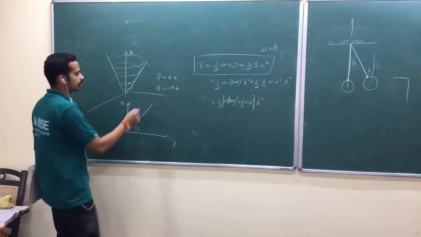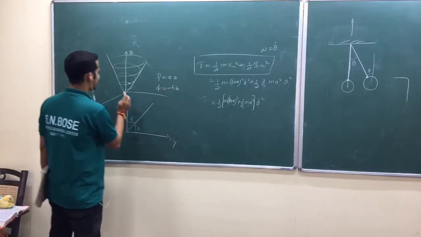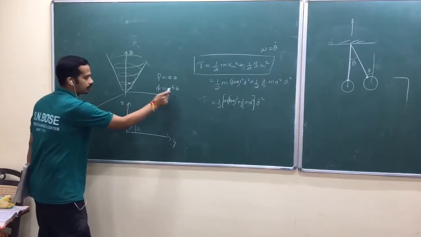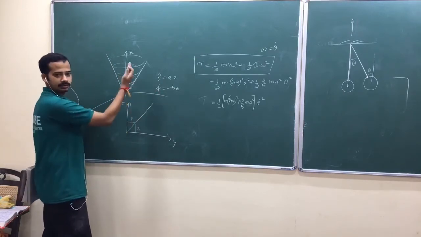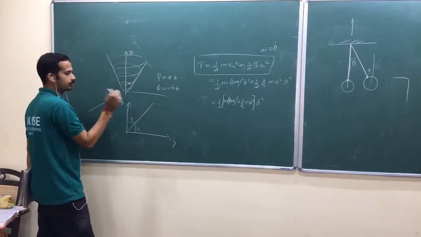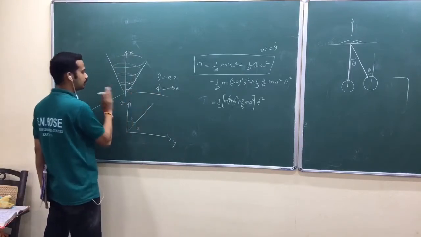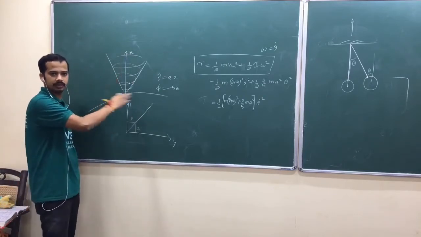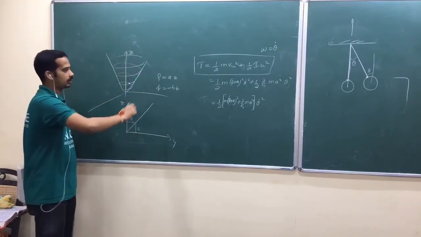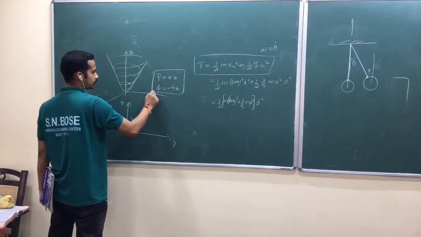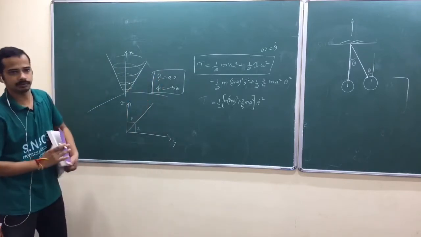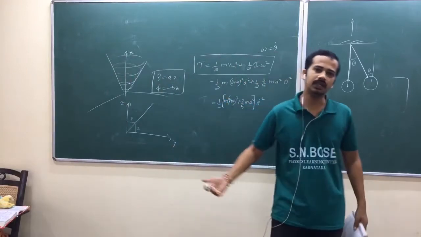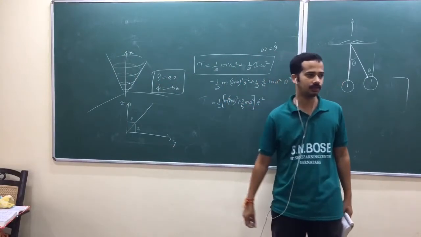So again, phi is equal to minus B into z. So when z changes, phi also changes. Minus B into z, so it will change like this. When z increases, phi will rotate. Okay, that is the equation of a spiral. Try to understand this one, how this becomes the equation of a spiral. Now you have to do the problem in cylindrical coordinates, but here he already mentioned cylindrical coordinates.